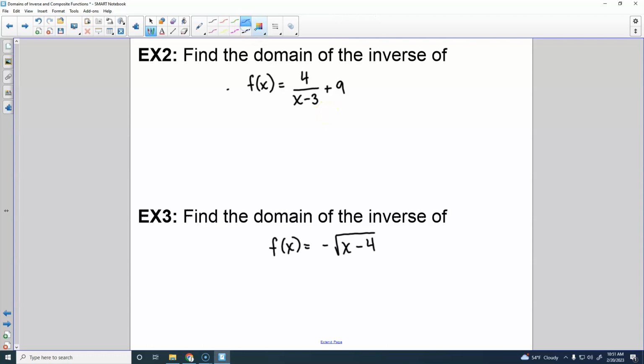Let's try to do this one without the graph, and then we are going to check it on the graph. So let's just think about f right now. Let's not worry about the inverse. We're not even going to try to find the inverse because we don't have to. So let's think about f. For my domain